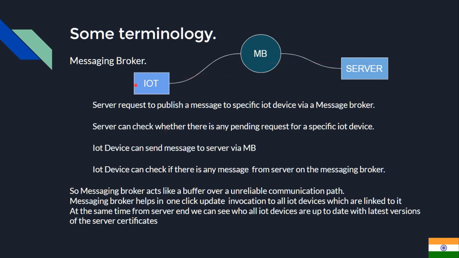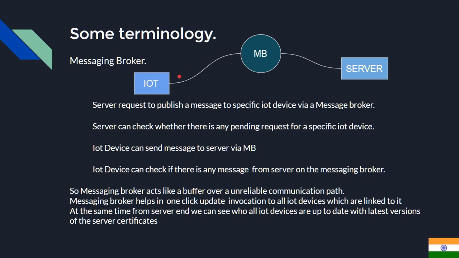The major challenge is that this link, the IoT device and the server link, is prone to failure, maybe due to some hacking or anything, and the server's speed is way higher than the IoT device's speed, so I have to keep a buffer between them